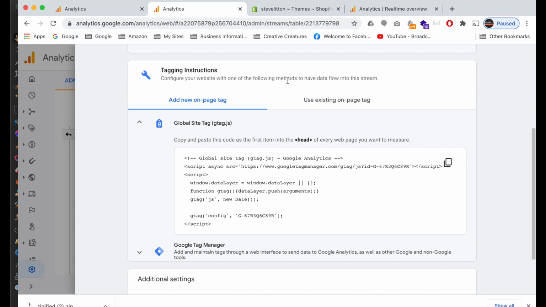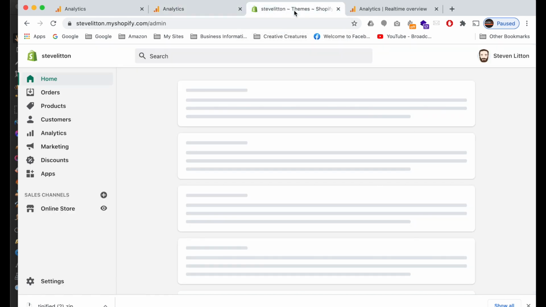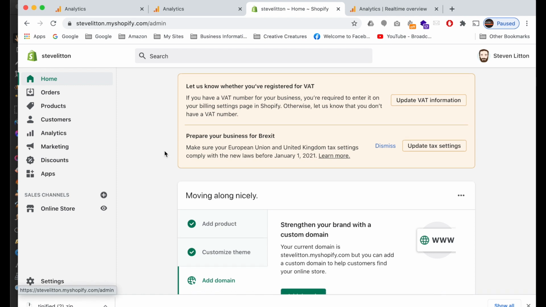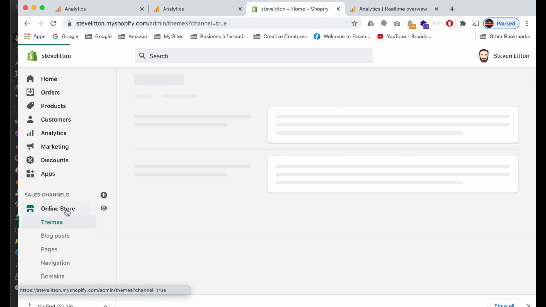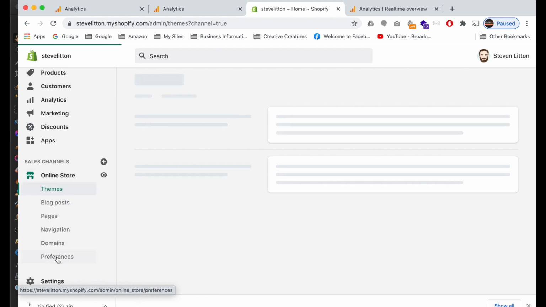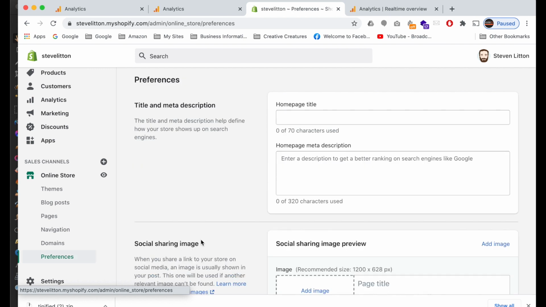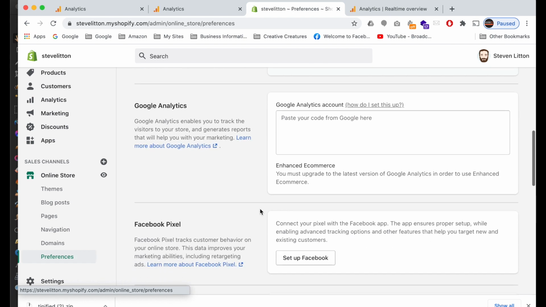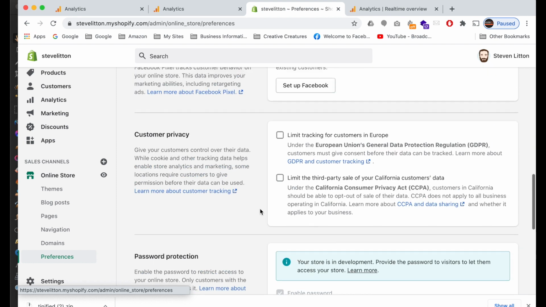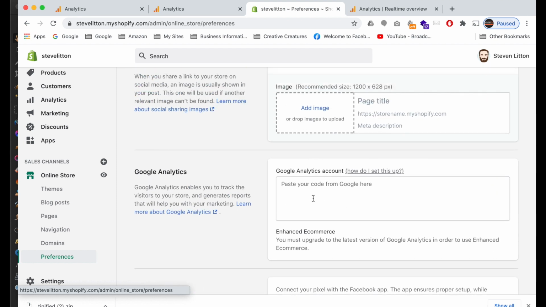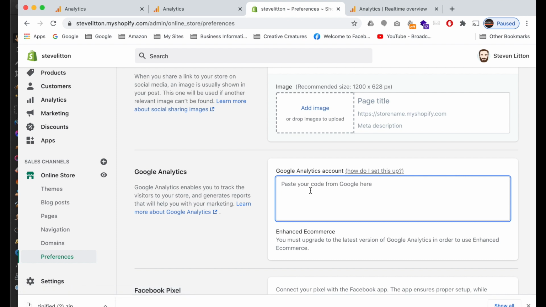And then if we jump into our Shopify store, we've got all the code we need to track our analytics. This needs to be on every page of the site. And the trouble you'll find now with the new tag is if you go to Online Store and Preferences, this is where you used to be able to just put in the old tracking number, which was a UA code. But unfortunately, you can't do that at the moment because they haven't upgraded it to work with Google